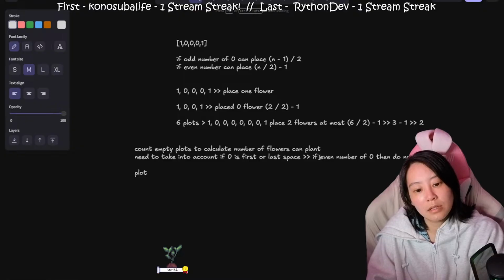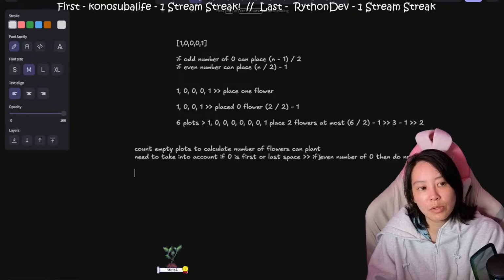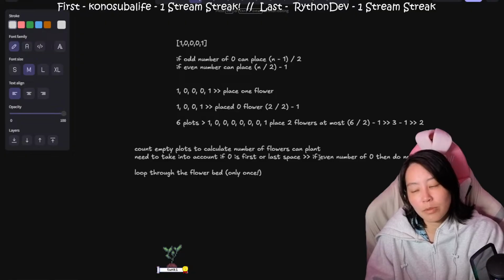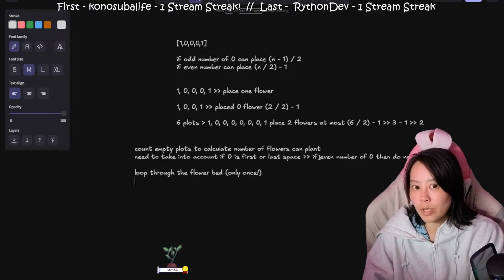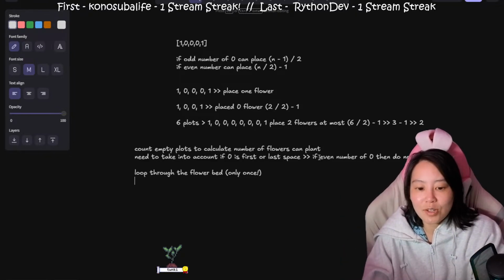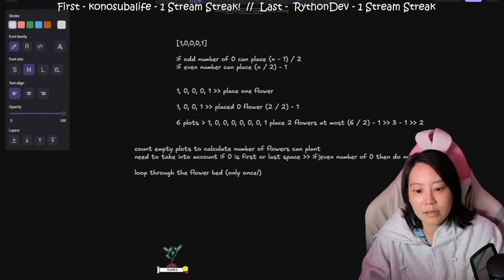plot. So we would want to loop through the flower bed only once. So loop through the flower bed only once, because we don't have to do anything where we're double pointing and whatnot. So loop through the flower bed once, and then we're going to count the plots. If